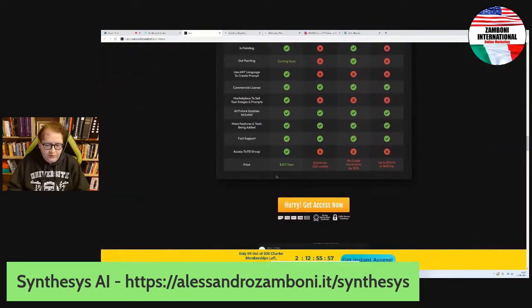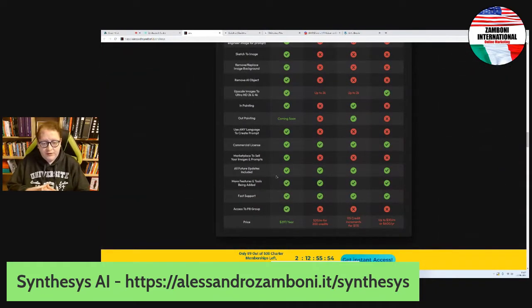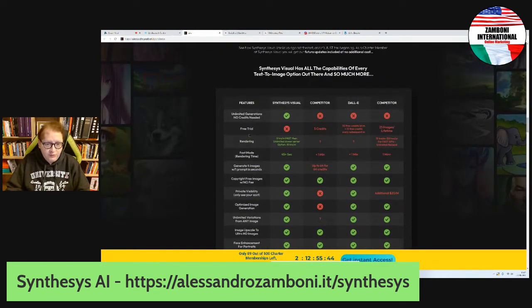In short, this is a page that gives you a cost of $297 per year. But the good thing is you get everything in, so you don't have to pay for credits. And that's something huge because you see unlimited generations, no credits needed, while all the other software has been based on credits. The rendering is pretty fast. You get 5 hours a month. It's hard to use them all. After that, the software runs slower, but it's a difference you won't see.